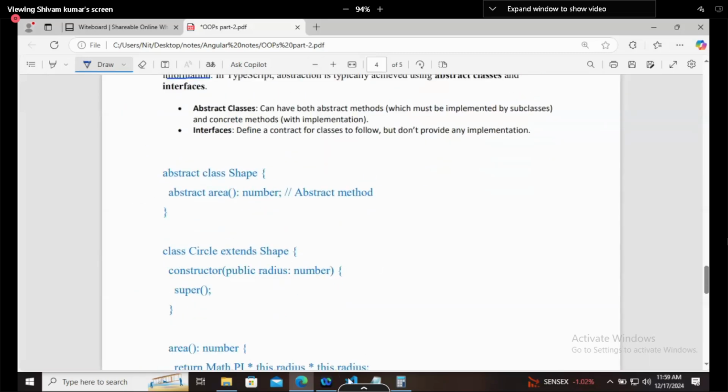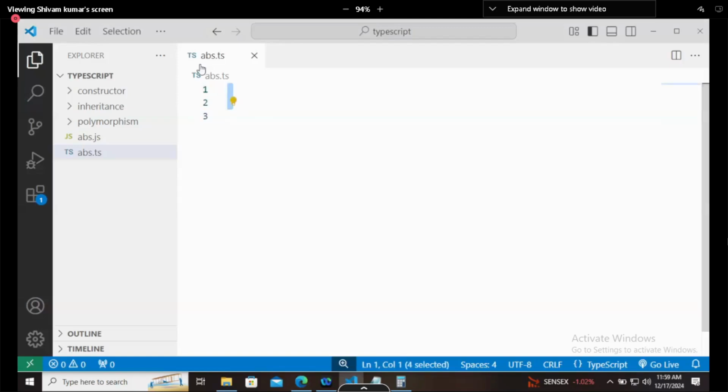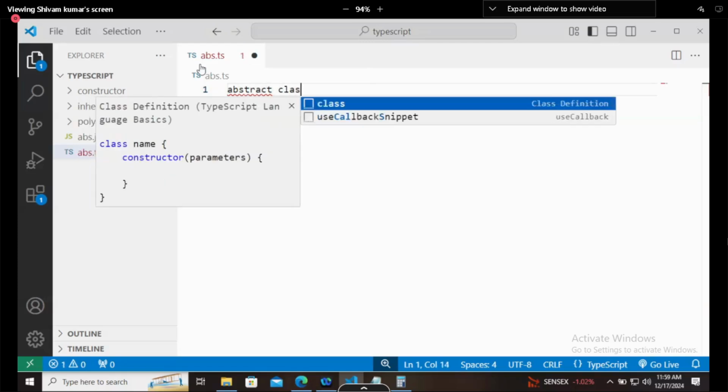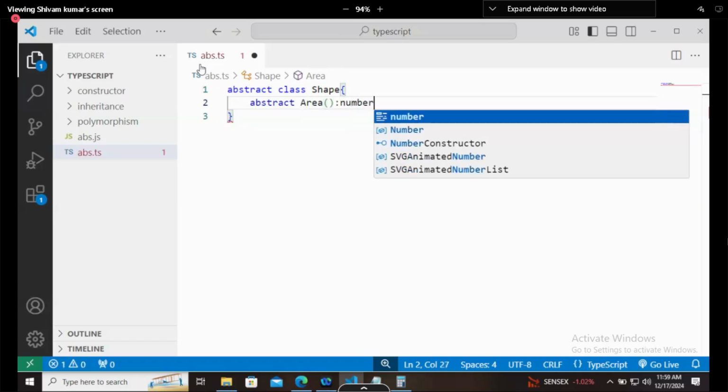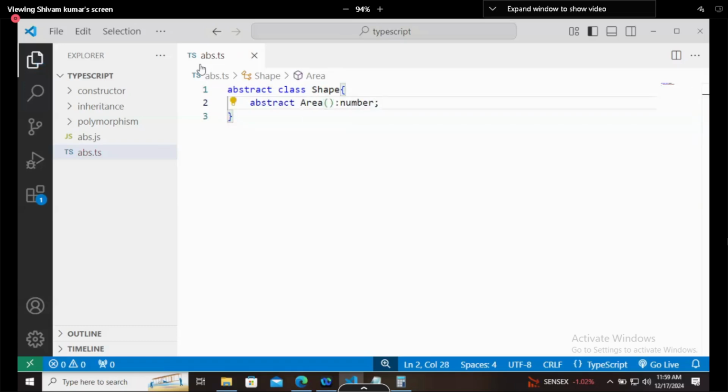So now let's say I will create an abstract class of Shape, and it will have an abstract function area, which will return a number. That is the simple thing I have written. Now Shape can be anything. It can be a circle, a square, or a rectangle also. So let me do it with circle.